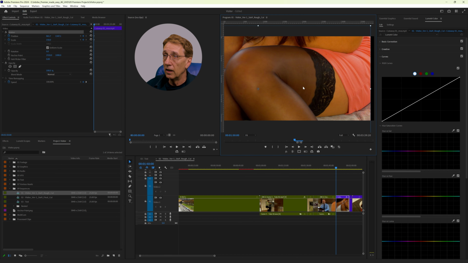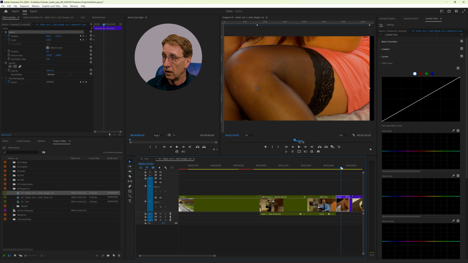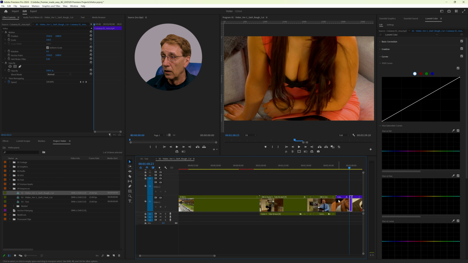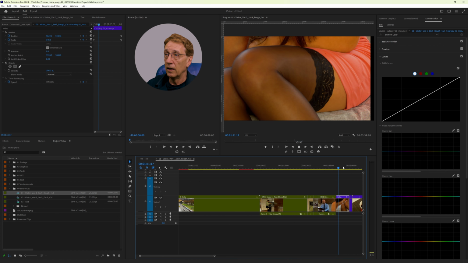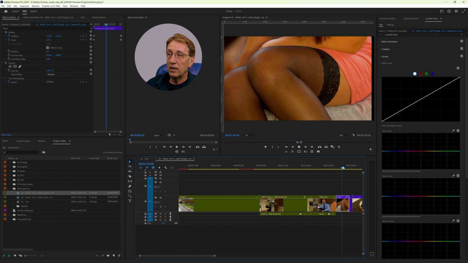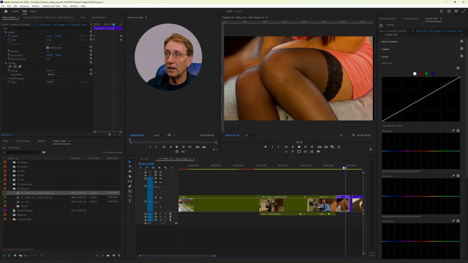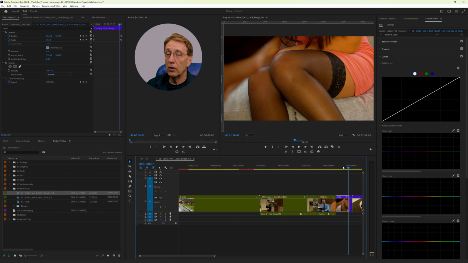I want to see the beginning of the stockings, and at the end of the clip we are back to normal. So I just say reset, and now we have this zooming effect. That clip was shot handheld, so it's a little shaky, but we're going to fix that in the next chapter.